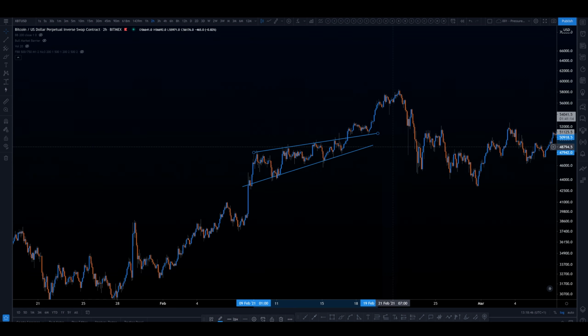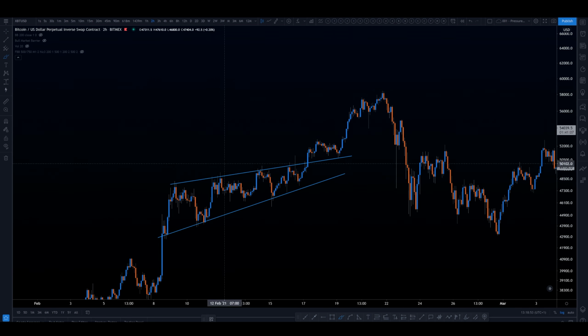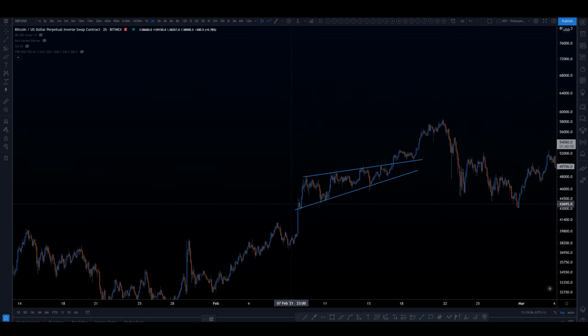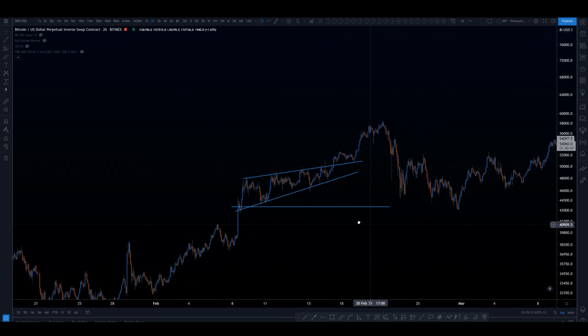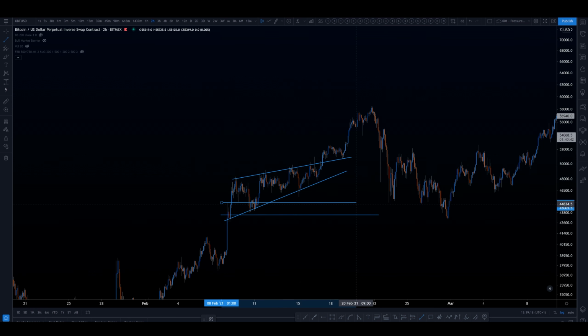Why did it break to the upside when it's a bearish pattern? It's a good question. You have to read what is happening here. First of all, you have a pressure zone. You have converging support and resistance. Then you have to look for possible levels where this pressure zone might find support and resistance when it is breaking out. For example, this support, and